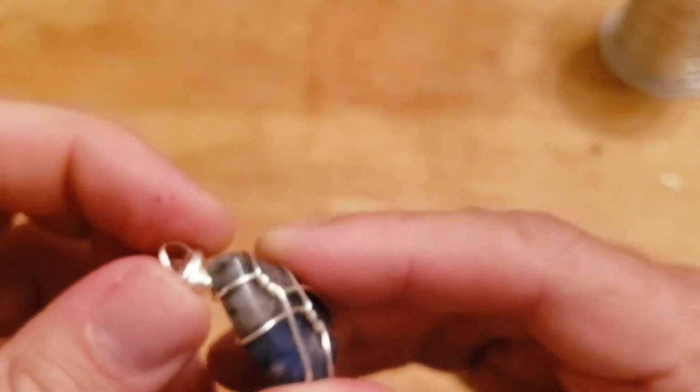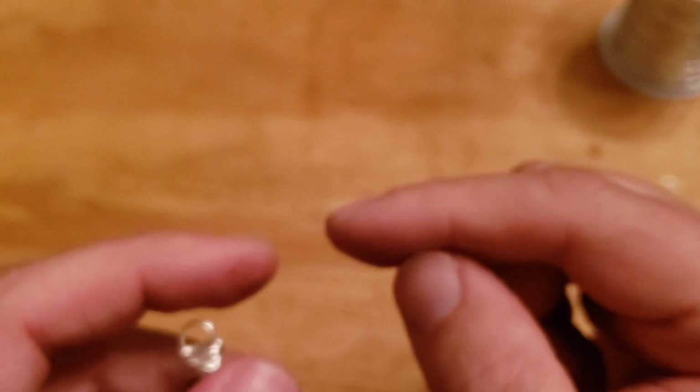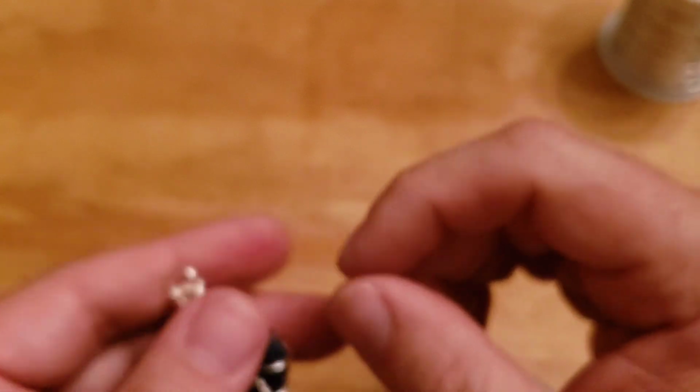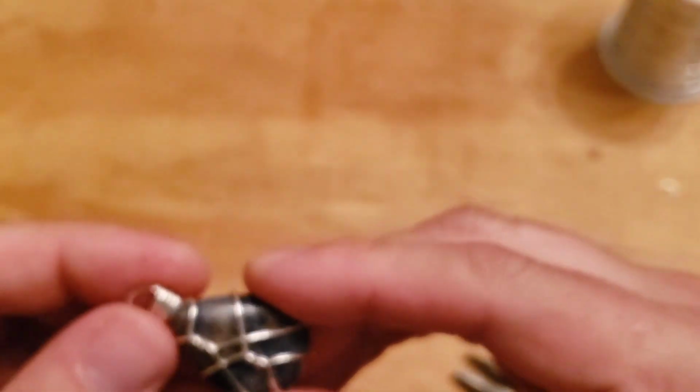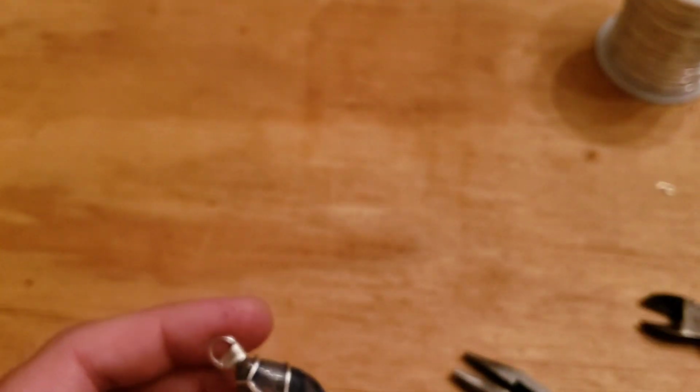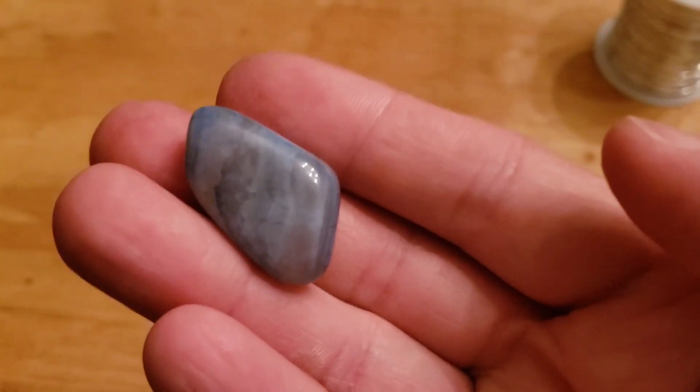Basically, you just make a loop and you start separating the wire, wrapping it around part of the stone, twisting it, separating the wire, wrapping it around another part of the stone, twisting it, separating the wire, wrapping around another part of the stone, twisting it. And it doesn't even have to be symmetrical like this, especially if you have like an odd shaped stone that is like not symmetrical itself. You can just start